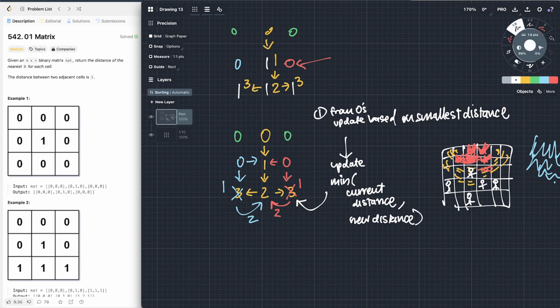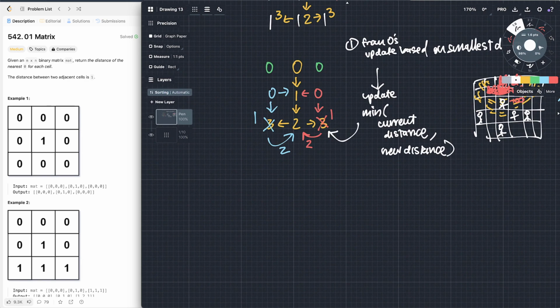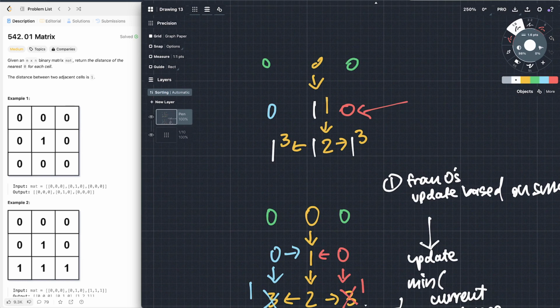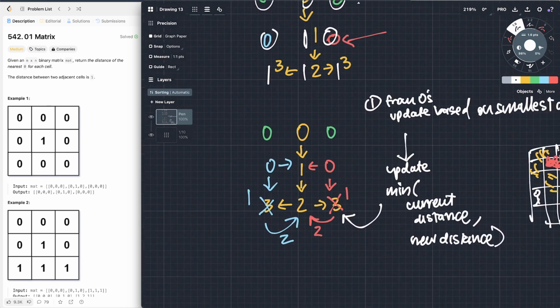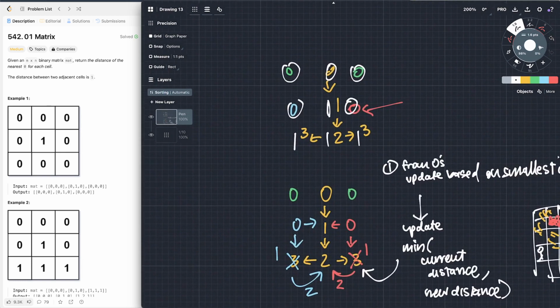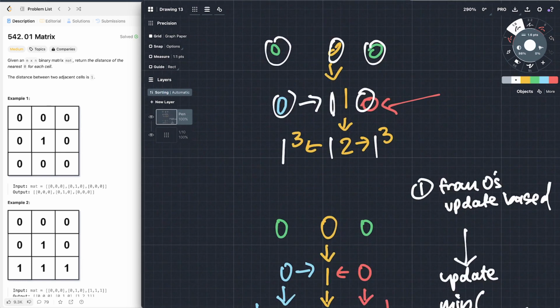Okay, so how would we code this? Well, for one, the most confusing part about this is the fact that these are zeros and these are ones, right? Because when we're talking about updating this distance, we want this to represent a distance, and we represent it in this yellow one, right? So this yellow one is representing a distance. When we go downwards, we want this to be a 2, but there's already a 1 here, and it's just